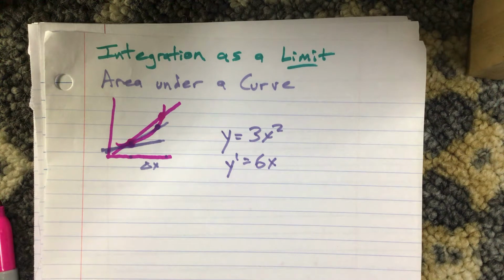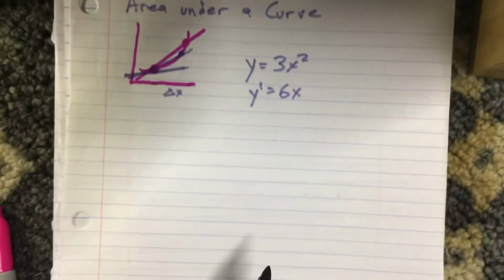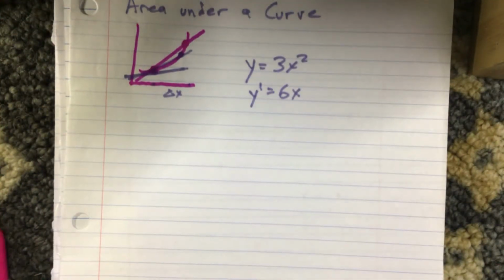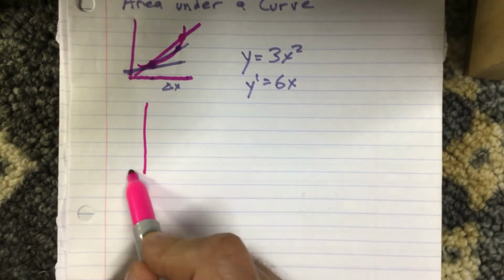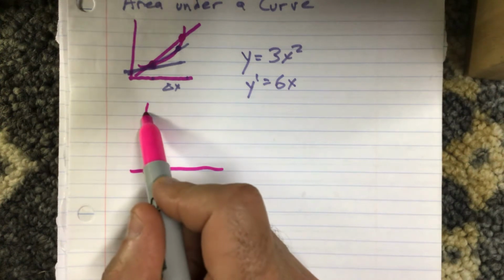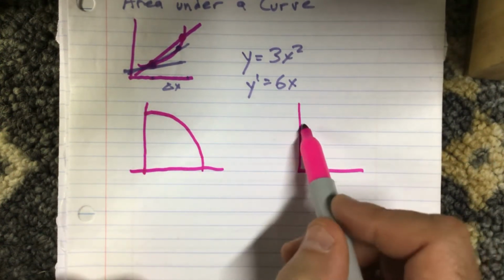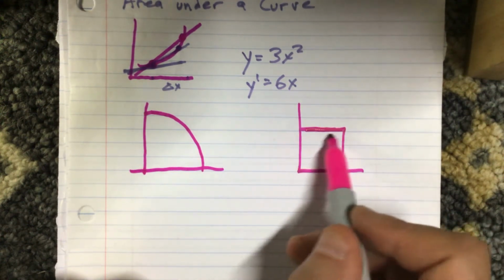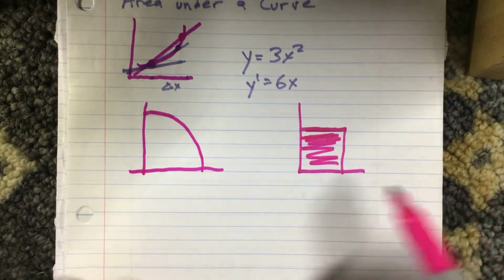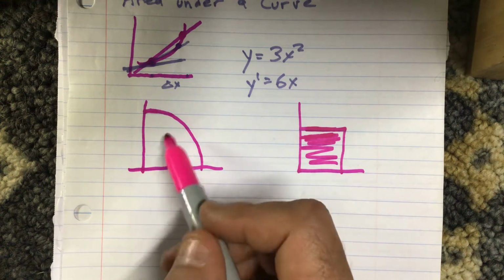So just as differentiation came from the limit process, so does integration. And so that's what I want to talk about a little bit here, and then what it represents. So what mathematicians wanted to figure out was the area underneath a curve. Because it's easy to calculate the area underneath something that's rectangular. So if you had this as a linear function, you want to know the area underneath, you would just do length times width. But when you have a curve function, it was difficult to determine exactly what the area underneath